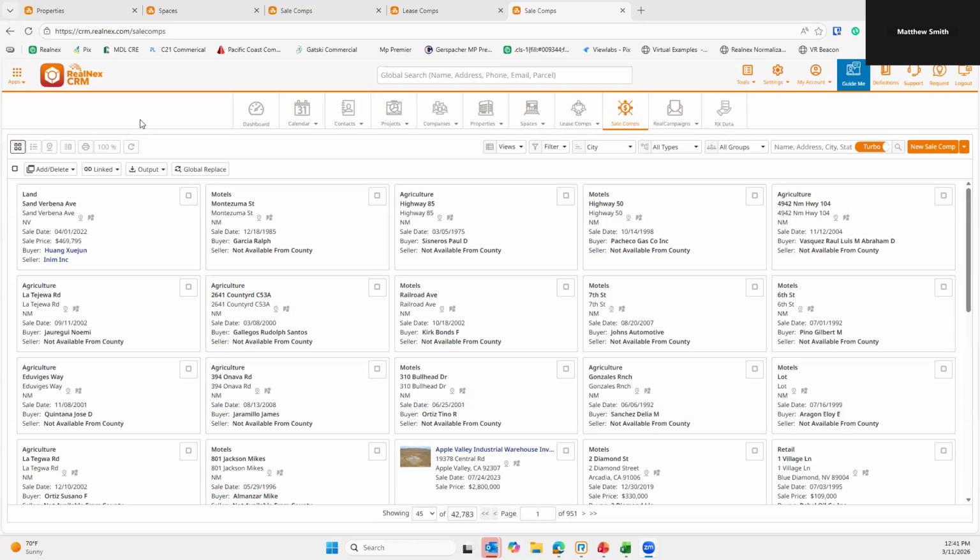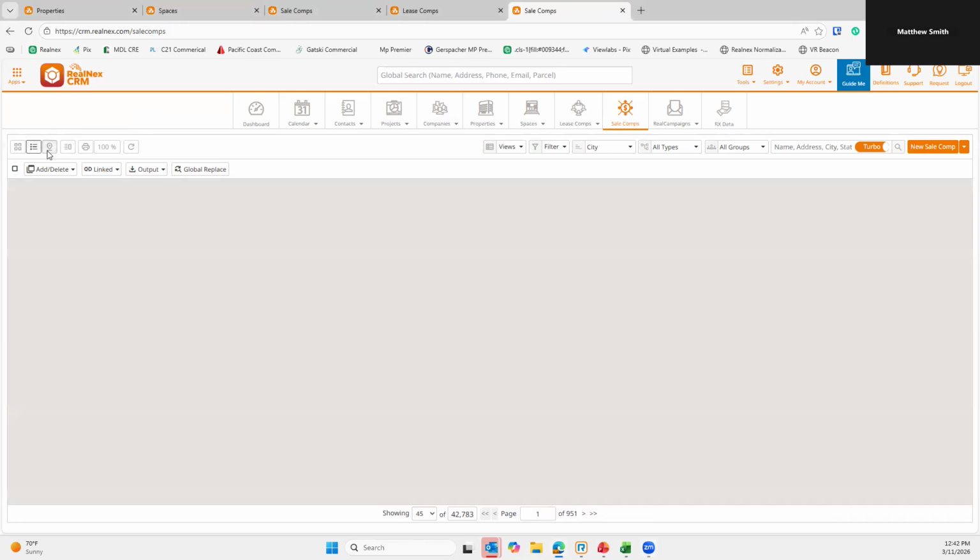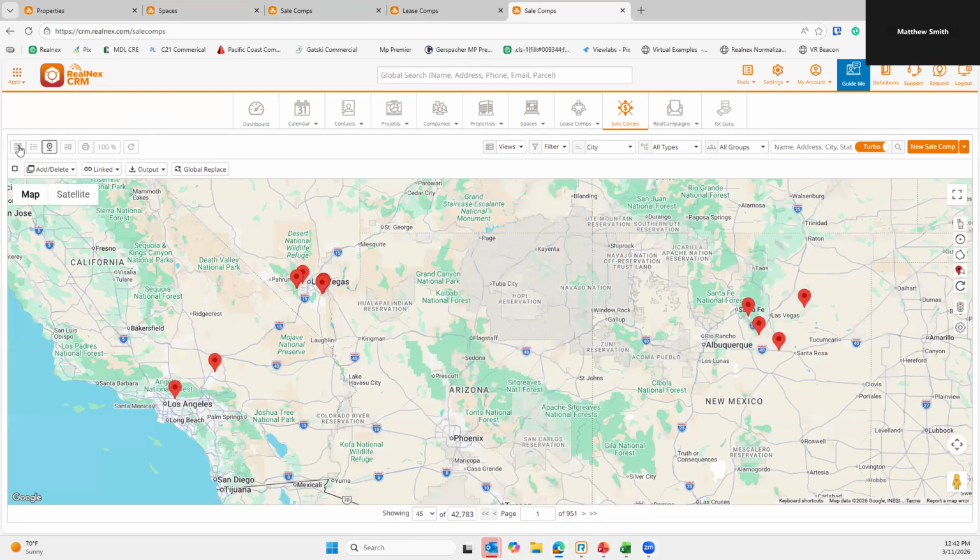Today we're going to talk about sale and lease comps. As we all know, the devil is in the details, meaning the more information we have, the better it is for us. Now you can see lease comps and sales comps in tile view, list view, and even my favorite, map view,